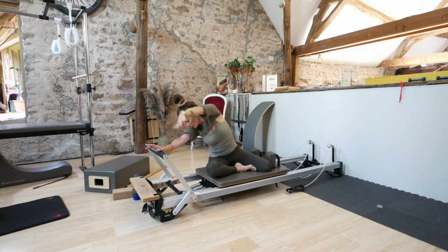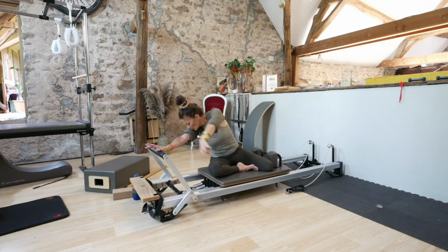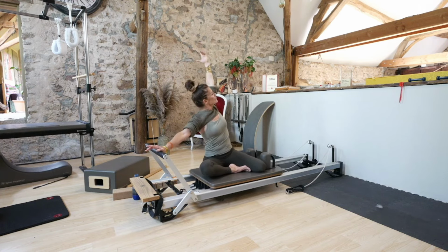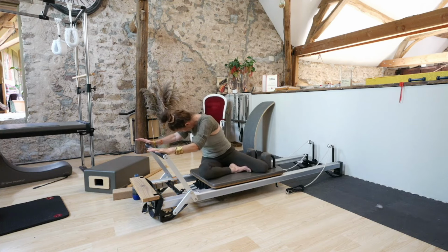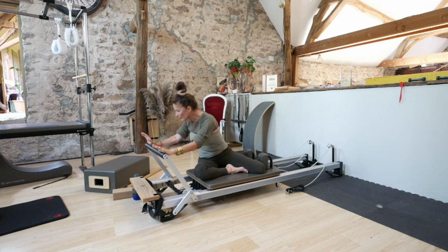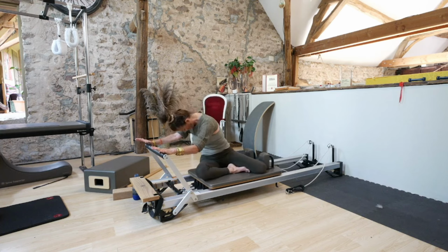It's really a feeling good exercise here. We are starting to mobilize the shoulder joint here. This is still the beginning of the class. And now we reverse the motion. We are starting to mobilize the spine into rotation and flexion, and now extension. And we press the carriage out to flexion